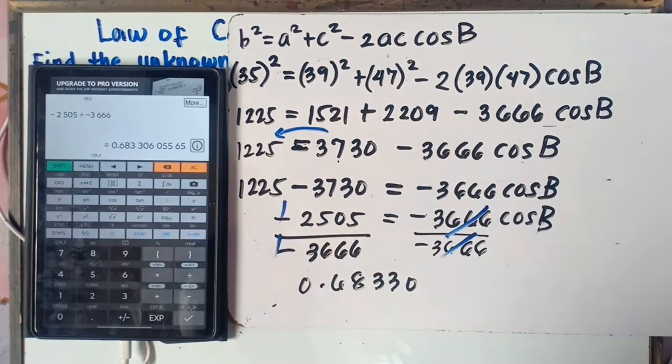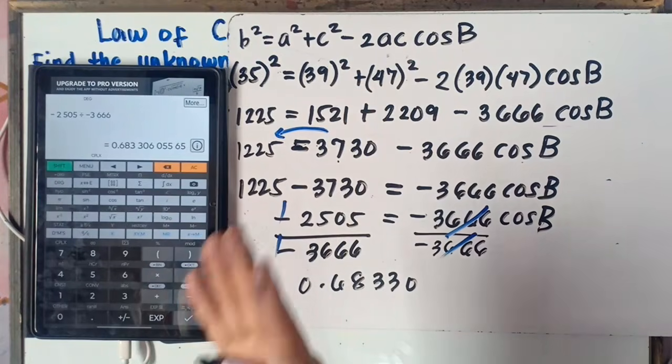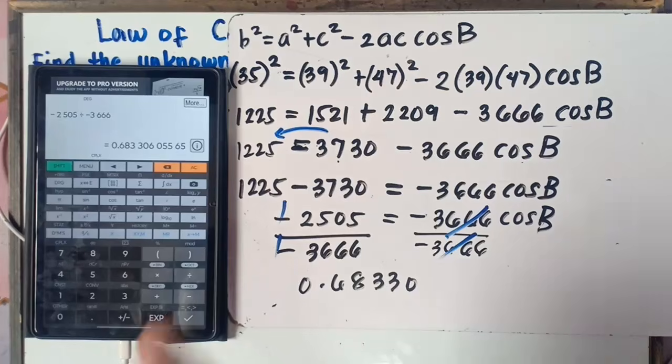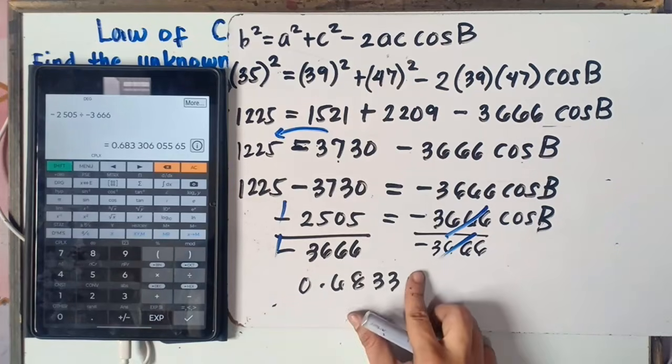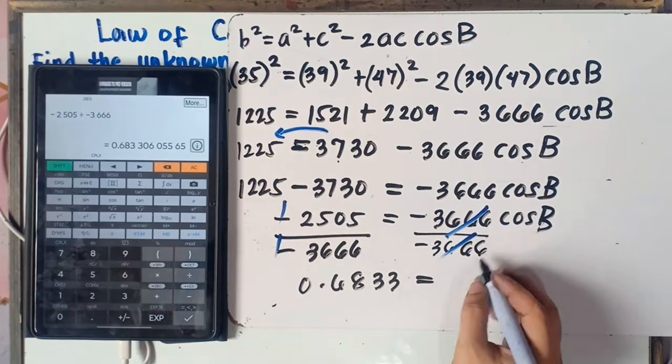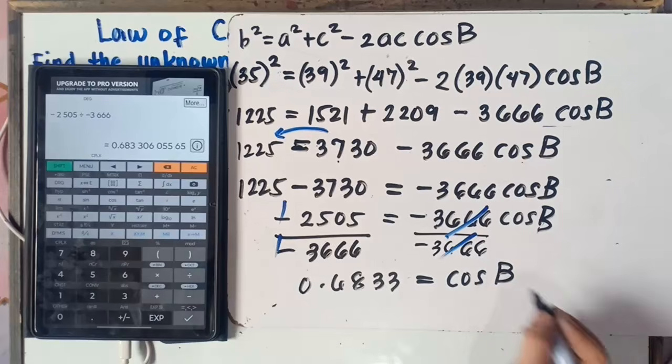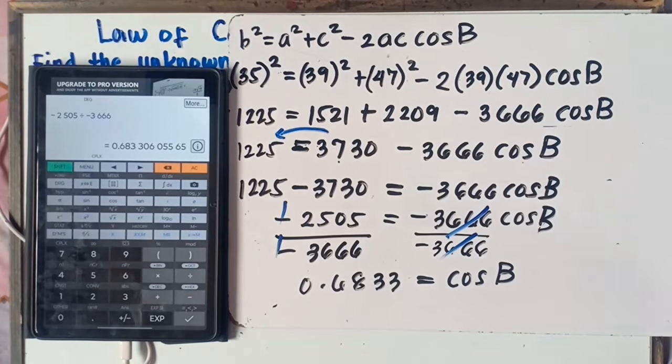Once again, that's in trigonometry. If this is not yet your final answer, it's better to have 4 decimals, class, so that you are near to the exact value. So after 3, that would be 0. Simply copy 3, equals, and then copy cosine B. Alright, almost done, class. Almost done.